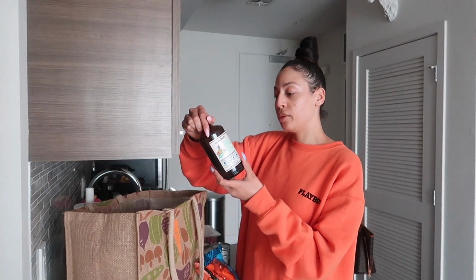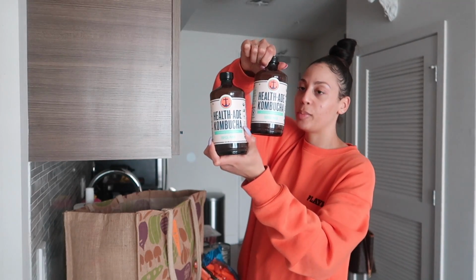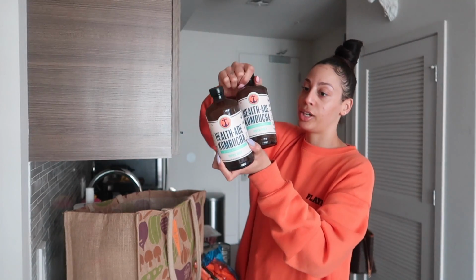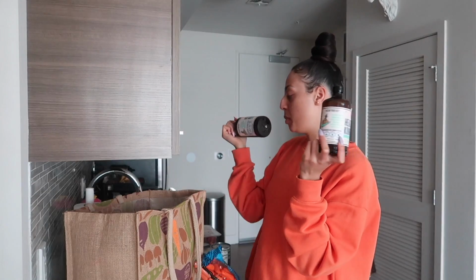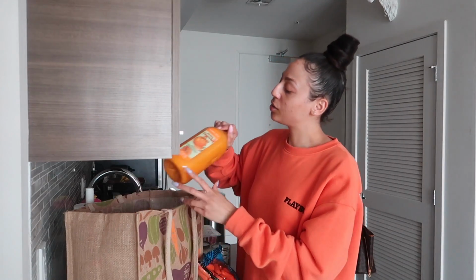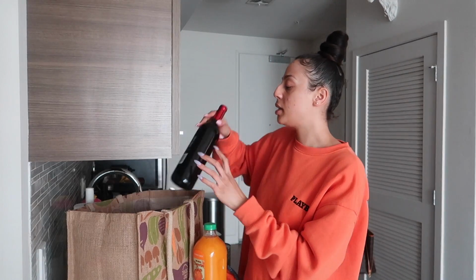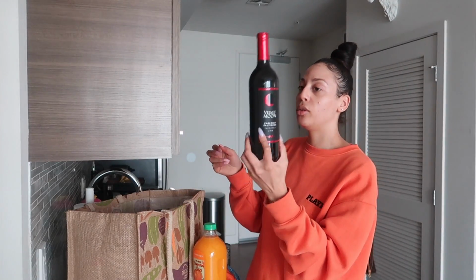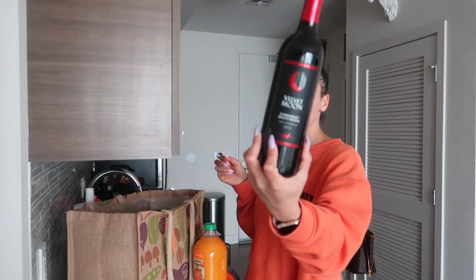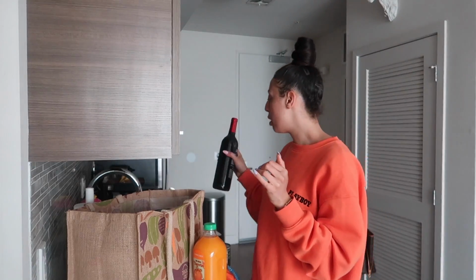So I got some kombuchas, my favorite flavor. Been stocking up, you guys. Tastes like fruit punch, but a healthy alternative to it. And I'm obsessed with probiotics. Good gut health, get it in. Your girl also picked up some tangerine juice to have on hand when I'm sick of drinking water all the time. I also got this Velvet Moon Cabernet, one of my favorite red wines, under $10. It's like $5.99. Got this for my crock pot recipe